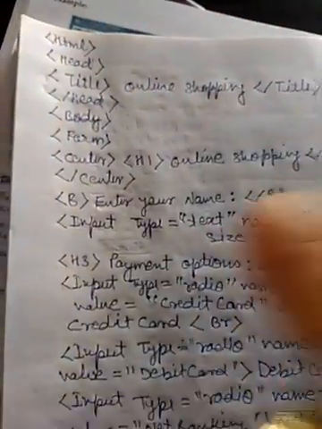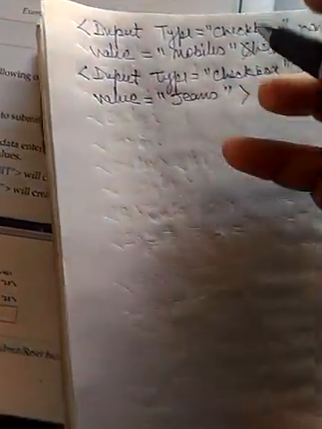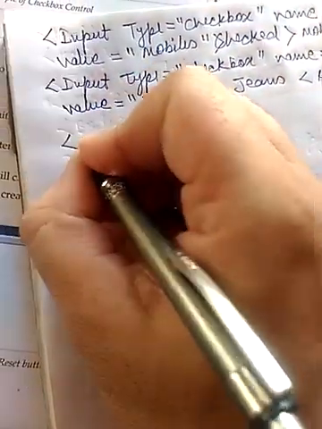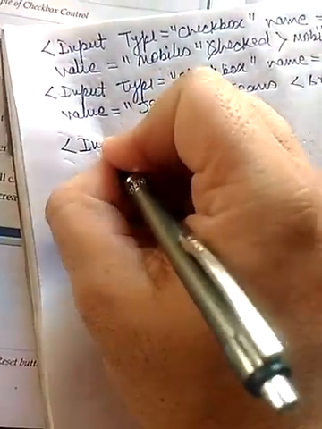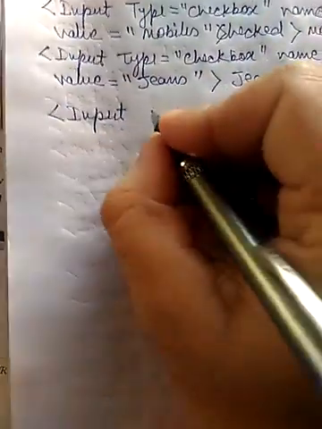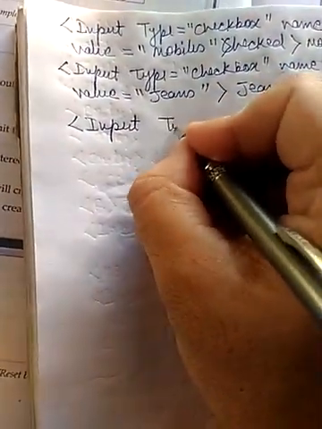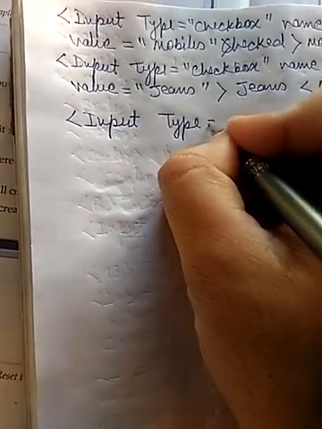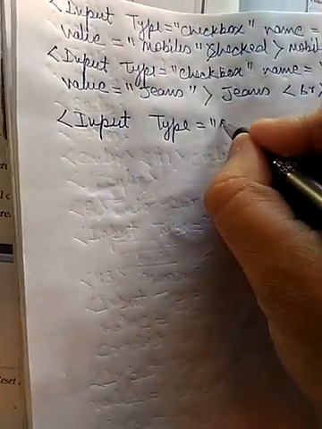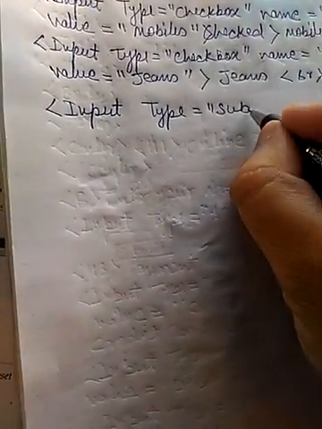So how this can be done? This can be done with the help of input type submit. So I am writing input, now type as submit.